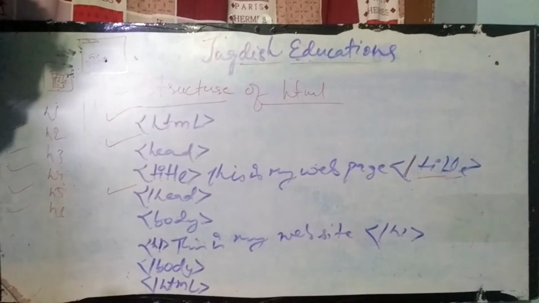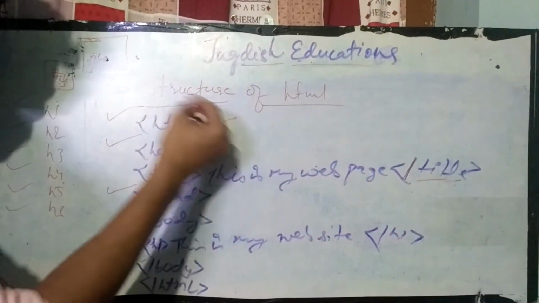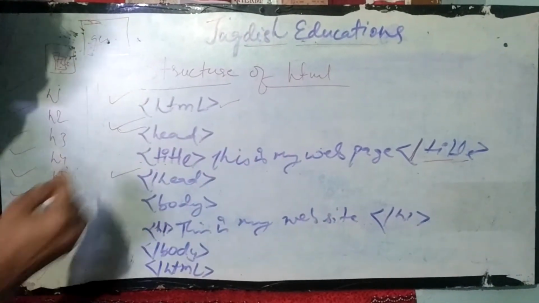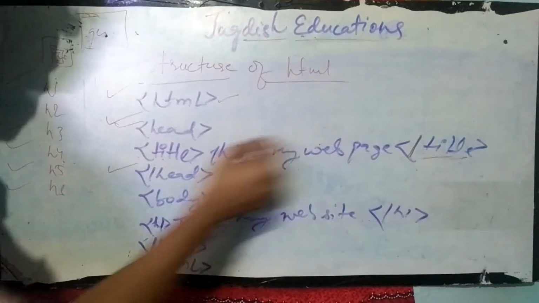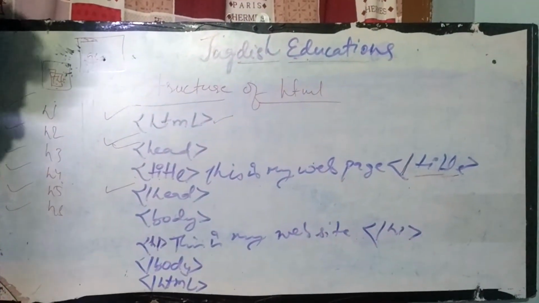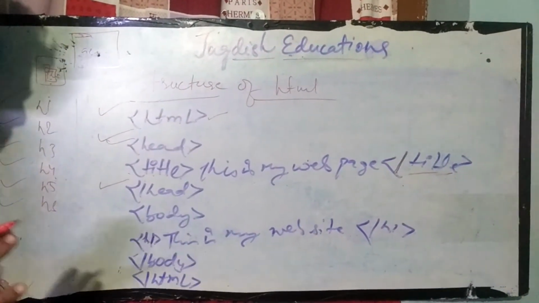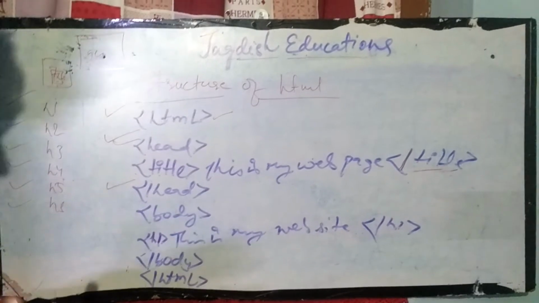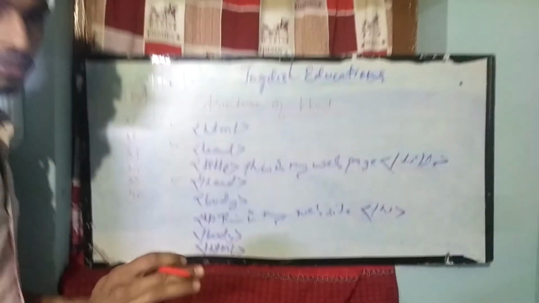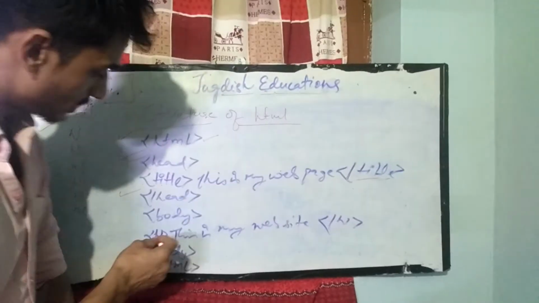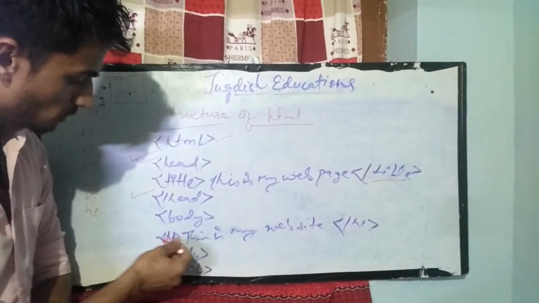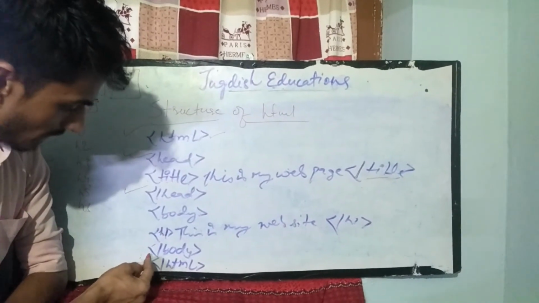So HTML tag, the beginning of this. Then head, then title. In that title section we have to write the title of our web page, then close the title tag, and then close the head tag also. In the body section we have to write the content of the web page. This is just like a letter format. What you write in the letter body is nothing but the body part here. So whatever content you want to display on your web page, you write in the body section, and then close the body tag, and then close the HTML tag.